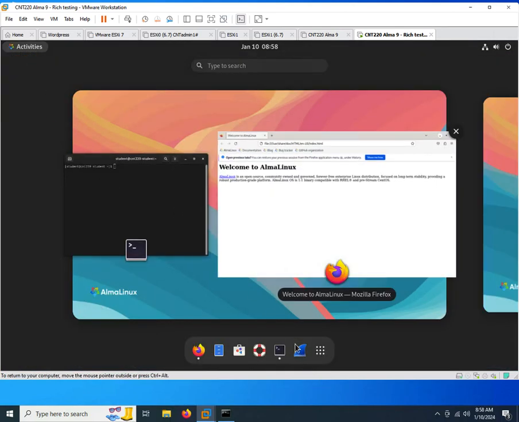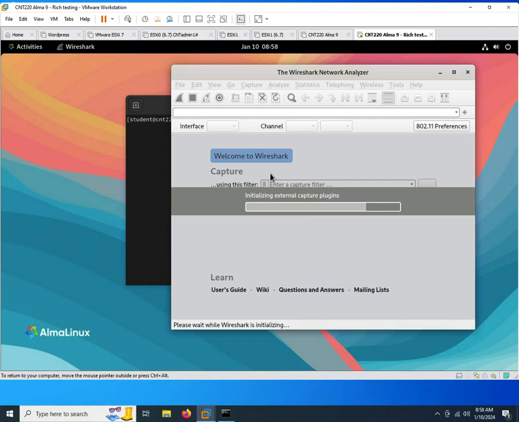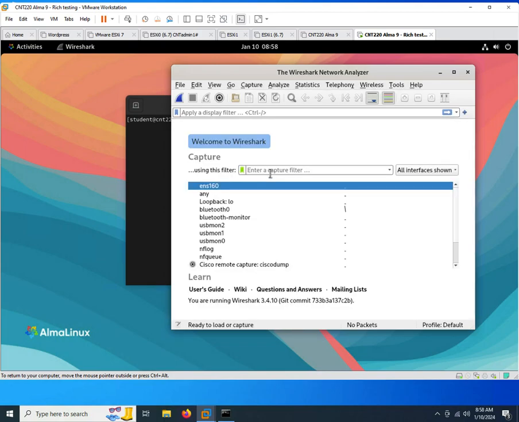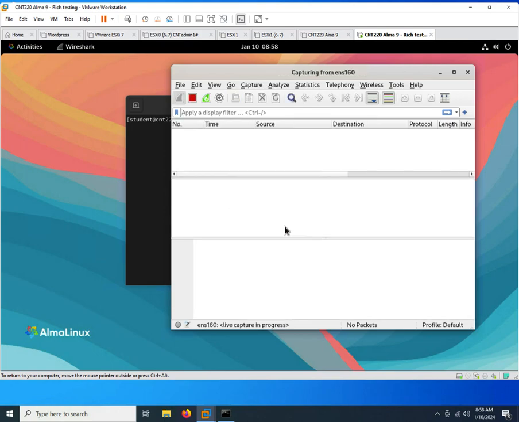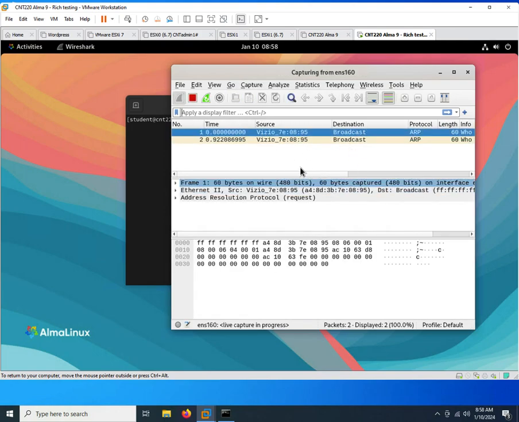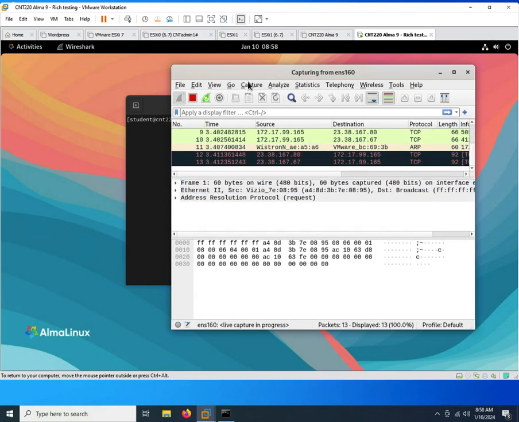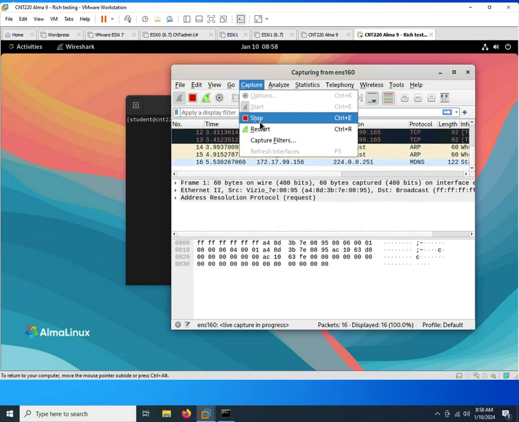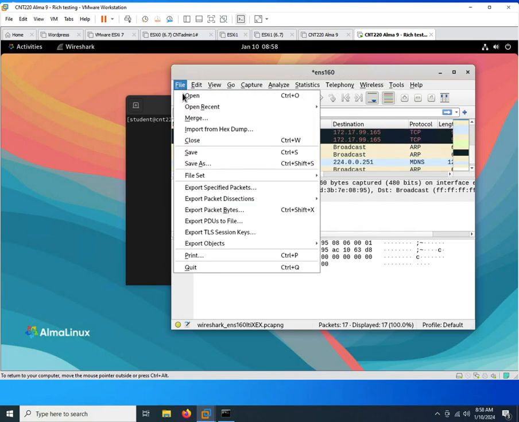Another tool we will be using this semester is Wireshark. Wireshark is going to exist on both the Linux and the Windows, so you might mostly capture using Windows, but there might be sometimes you need to capture on the Linux, so Wireshark exists there. The interface is called ENS 160, so if you want to start capturing, just double click on that. You can capture some traffic, and then when you're done capturing, you want to stop, and we want to save